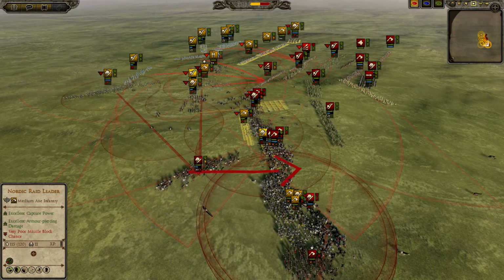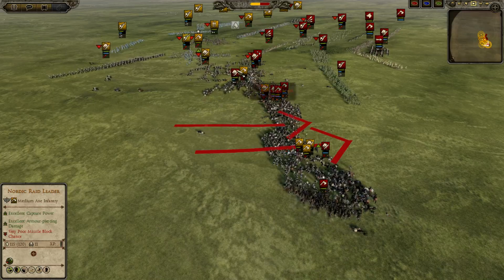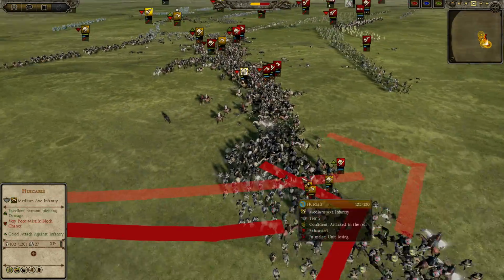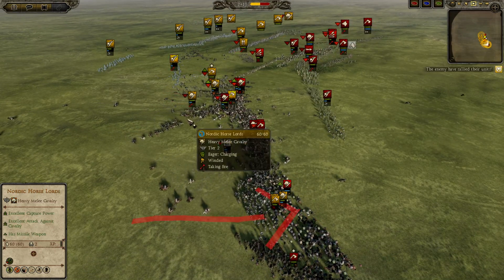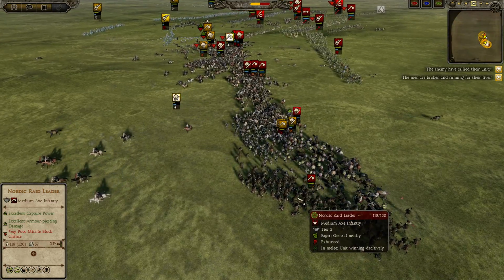Oh, this is a mistake. No rear charge over here. He should have rear charged with this Nordic Horse Lord, definitely, honestly. This side, because if he rear charged over here, these Huskarls would have probably already been routed. These 2 axe units would have been done for the Jutes, but right now he did not with that Horse Lord. So